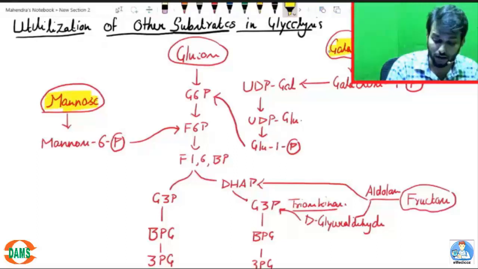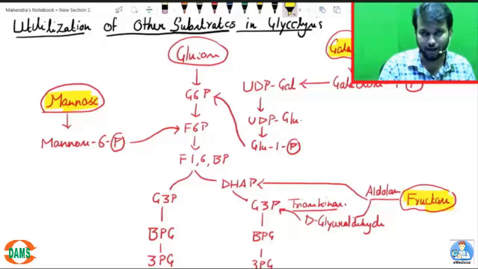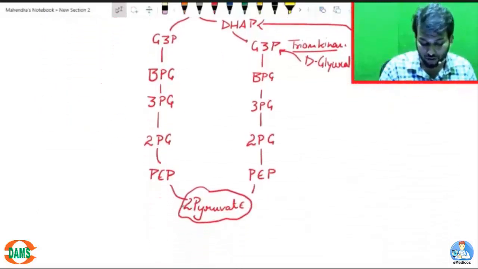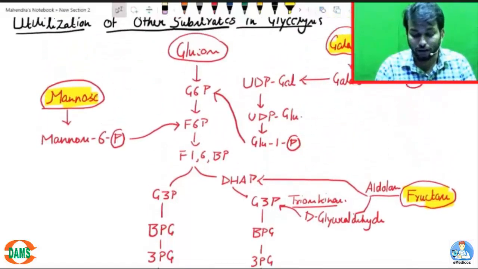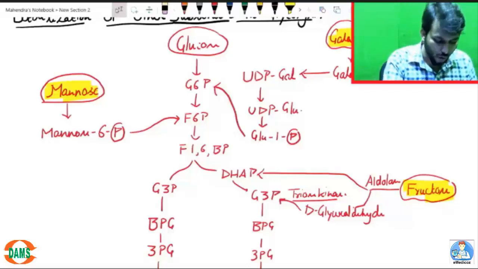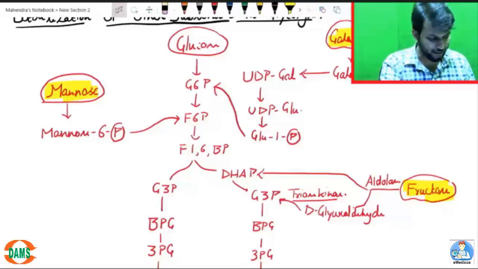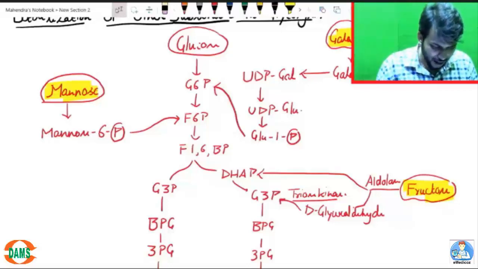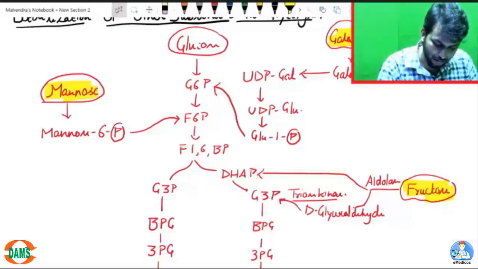We will study in detail these mechanisms, these reactions and the enzymes involved in them. So it enters into the glycolysis pathway and ends with the final product, 2 pyruvate. So we now know how these different molecules of sugar enter into it. One by one we are going to study these pathways in detail. First, as we know, with the help of